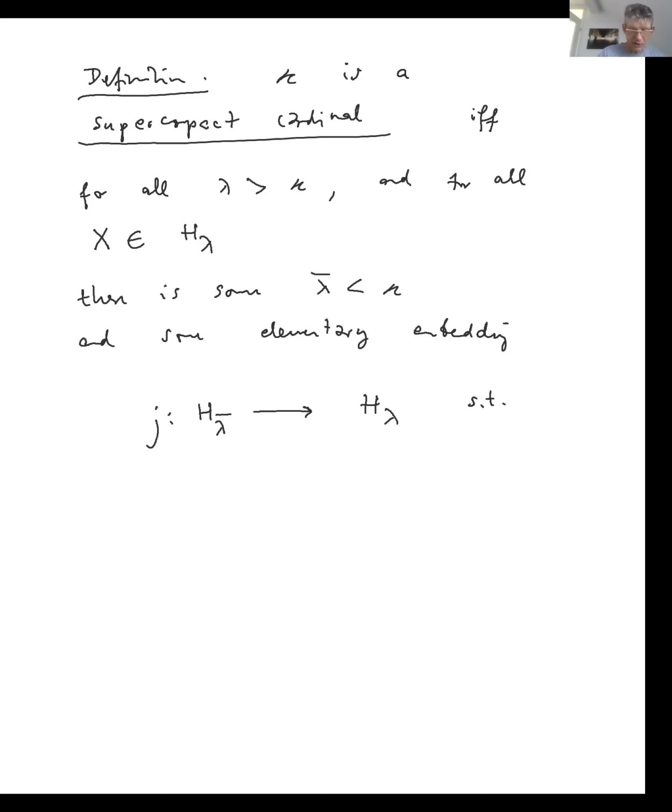There is a critical point of this embedding, and the critical point is mapped to kappa. So the critical point of J is mapped by J to kappa. I will draw a picture in a second, and X is in the range of J. So the picture is, you give me